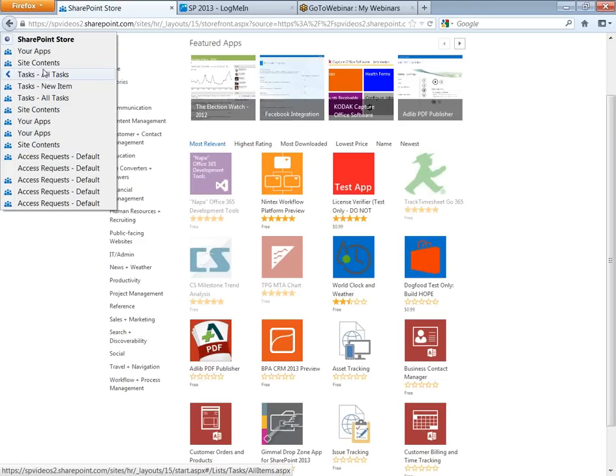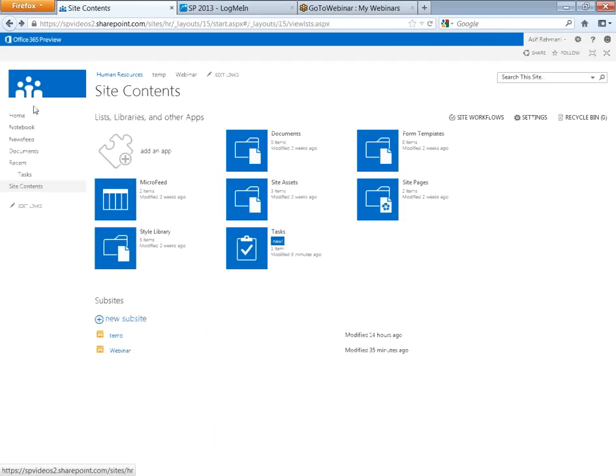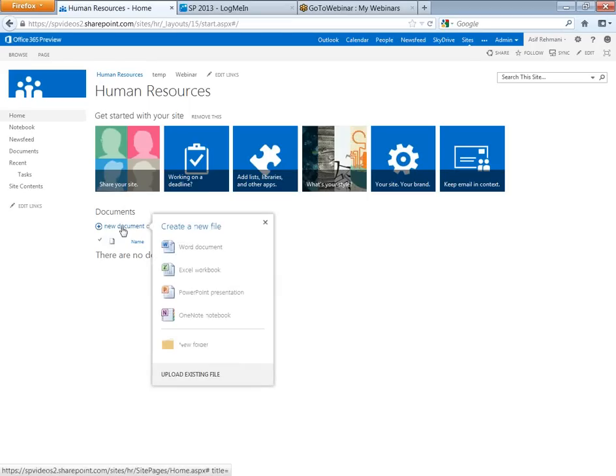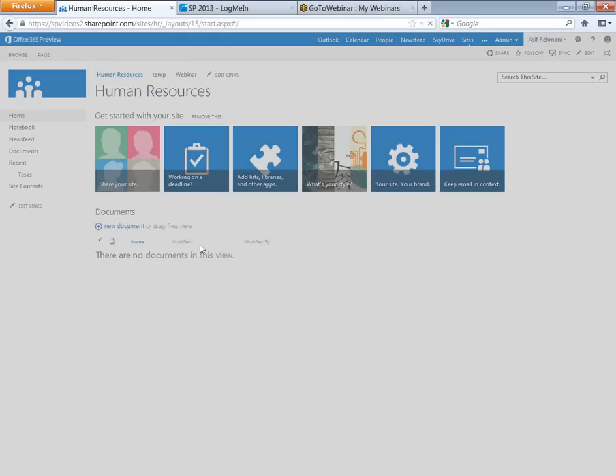I'm going to go back here to the site. And then the next thing, document management. Let's talk about that. I'll just stay here, documents. With document management, the first thing you think about is how do I add documents, right? Adding documents means clicking on new document right here. So now it lets you make your document right here. I can click on Word document,